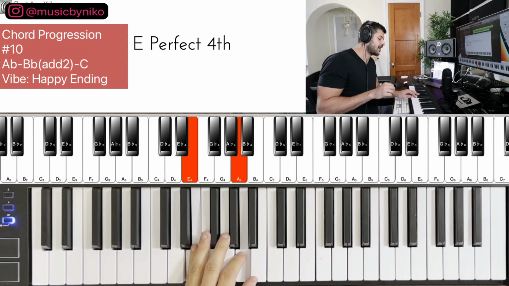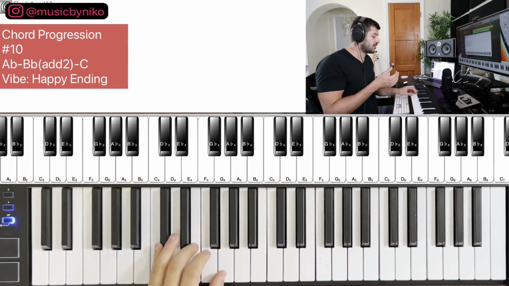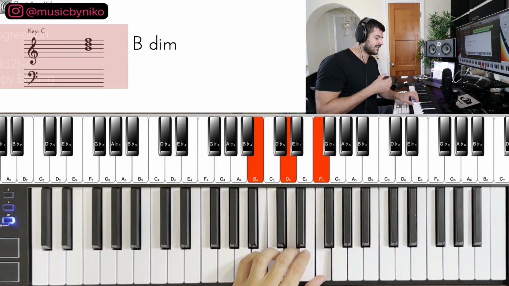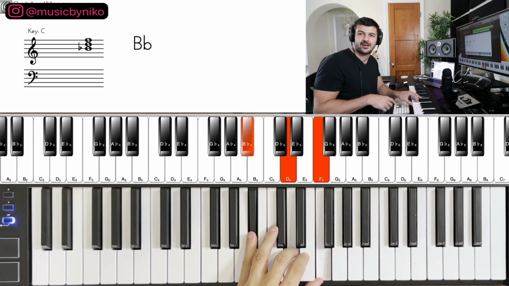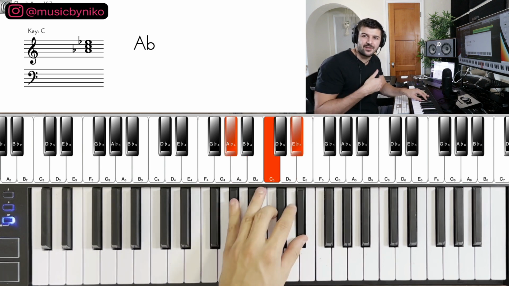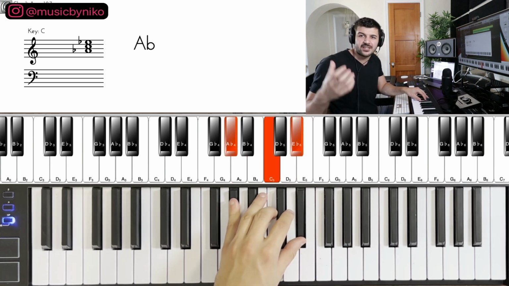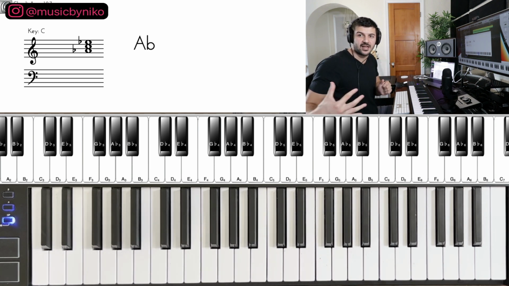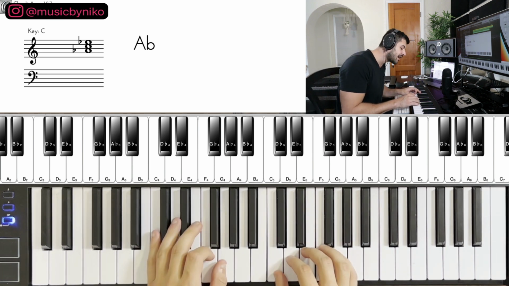So again, these 3 notes right here, instead of playing, in the chord lineup, how we do in other videos, instead of playing it with the diminished, you make it a major. Instead of playing the A minor, you make it A flat major, right? So you basically substitute these chords, and you can watch my other video doing it in my DAW for a lot of music producers out there. But what I like doing here is basically taking this chord,